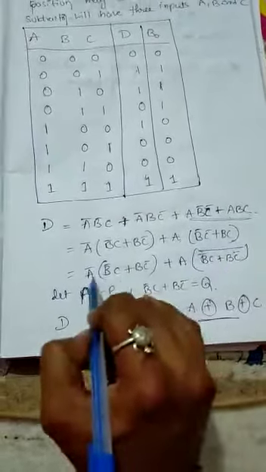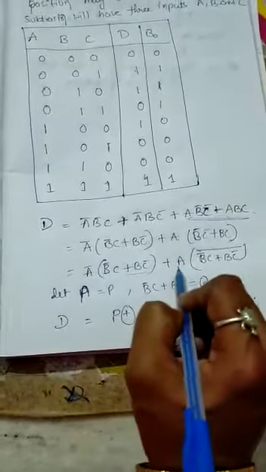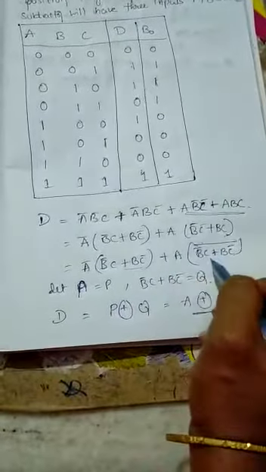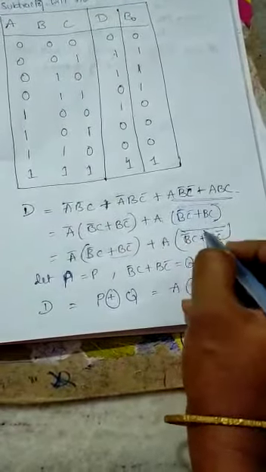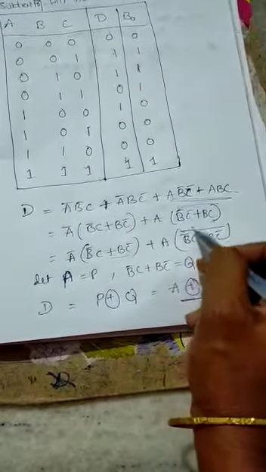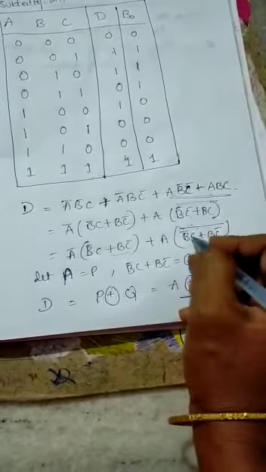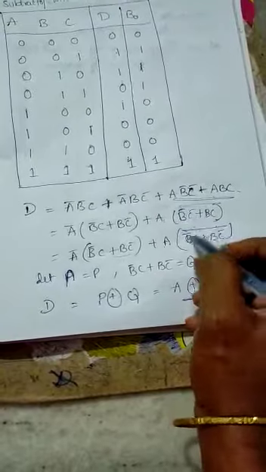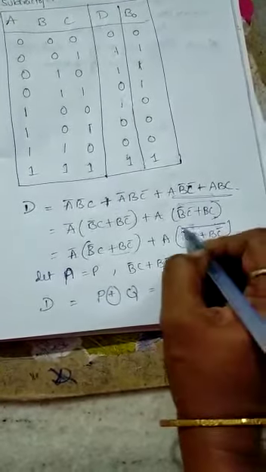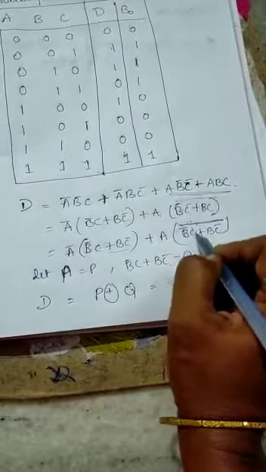This is the same, but for our convenience we are considering the total borrow. Whenever this is replaced, this is the value we get. It is not changed by taking the borrow. Then for convenience we represent the borrow, and then we can write B bar C plus B C bar.